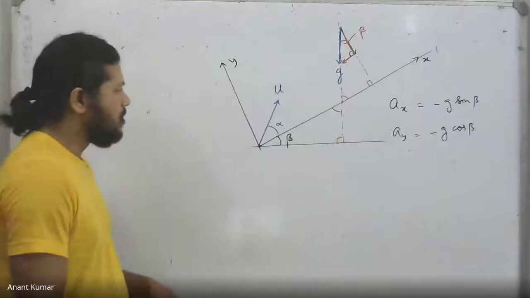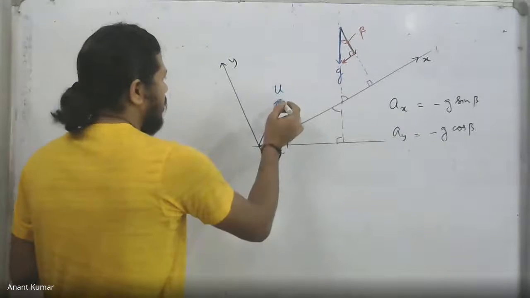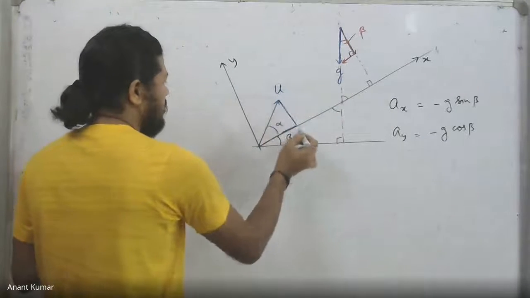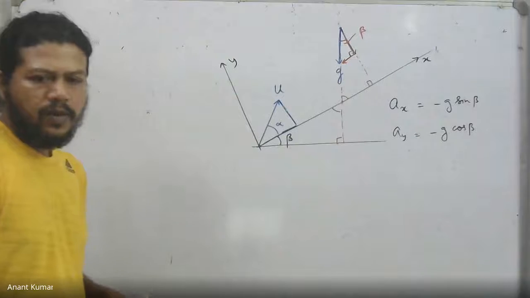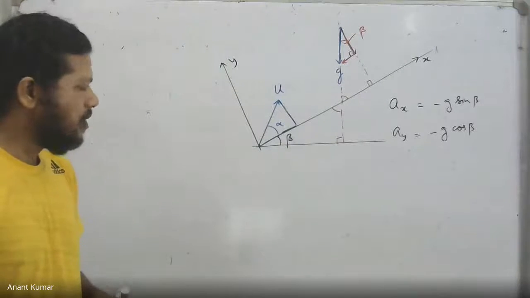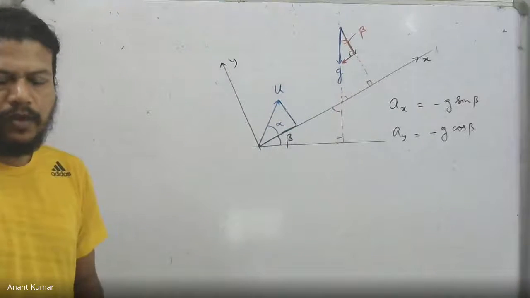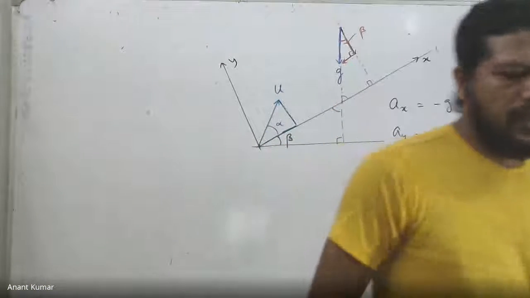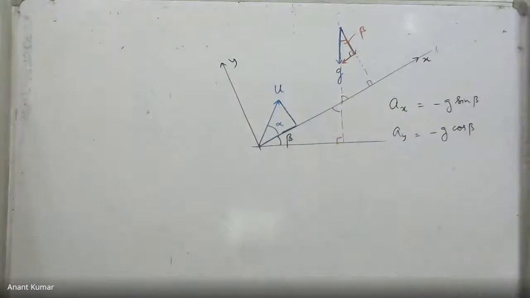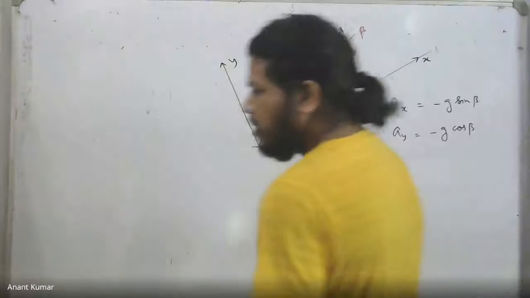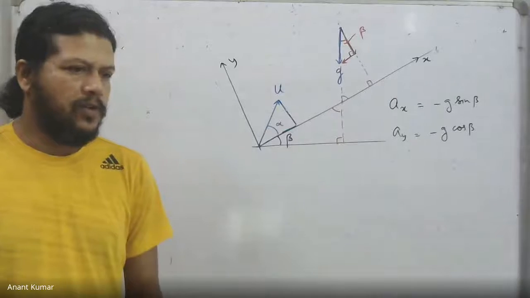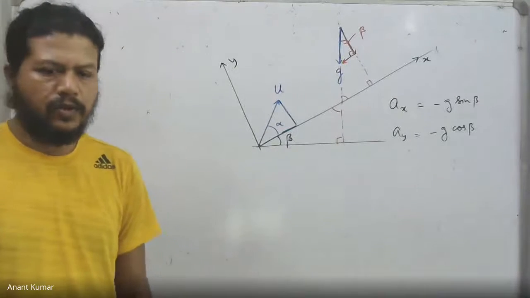So these two components are going to be for the initial velocities. This part becomes u cos alpha, this part becomes u sine alpha. And once we know these two components, I can now write the corresponding equations along the x and the y direction for the velocity. But because in this case the accelerations are constant, I can utilize the equations with constant acceleration, v equal to u plus at, and displacement equal to ut plus half at square. Those two equations over there.